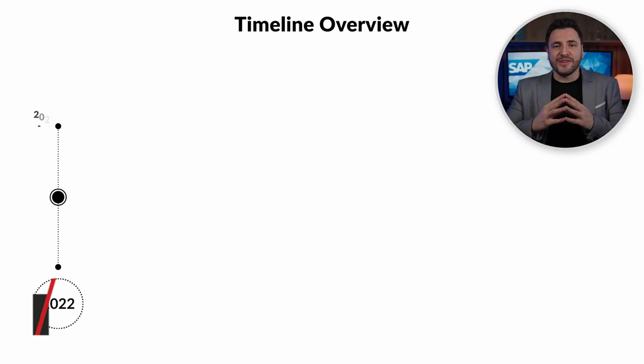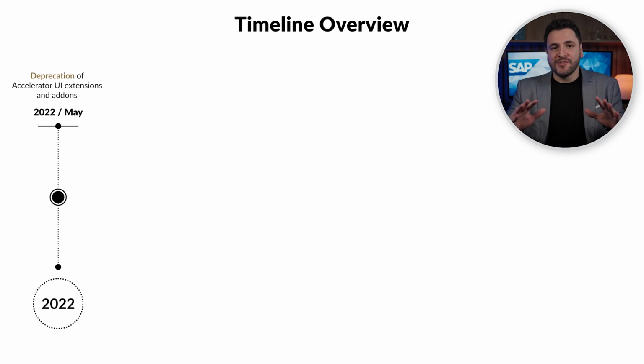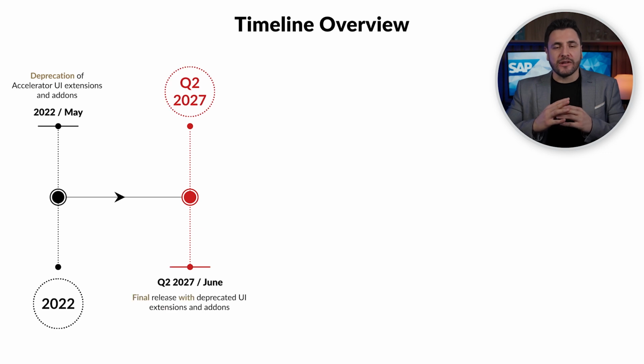If your business is still running on SAP's legacy Accelerator, time is running out. Since 2022, it's been deprecated. No new features, no enhancements. The last SAP Commerce update with Accelerator extensions will be in Q2 2027, followed by a full release in Q3